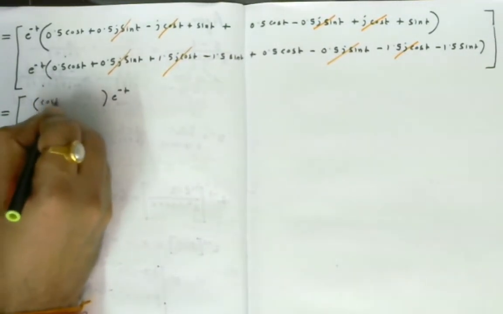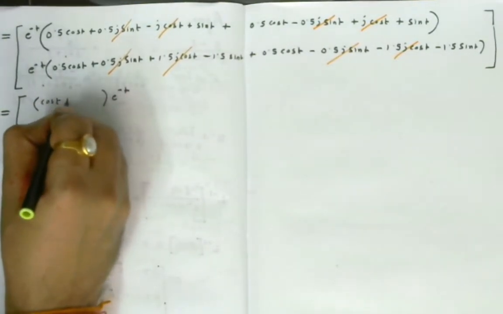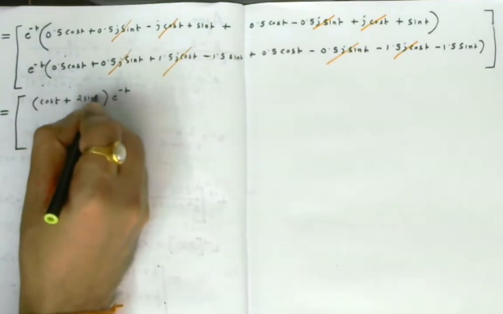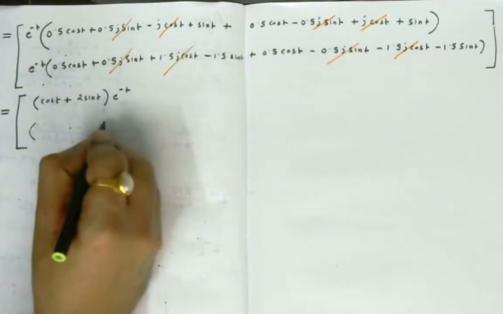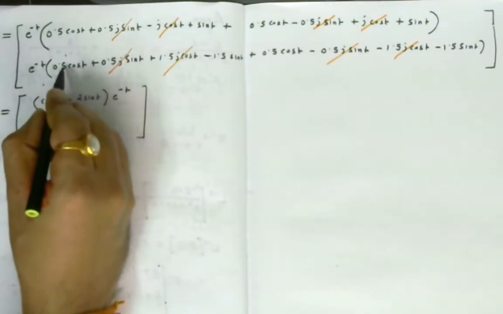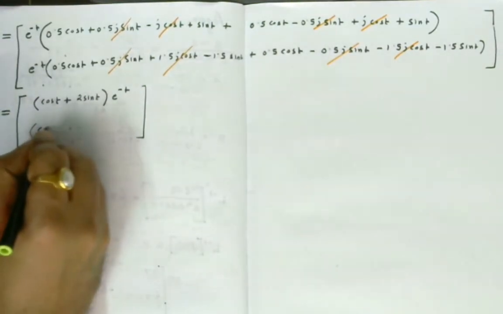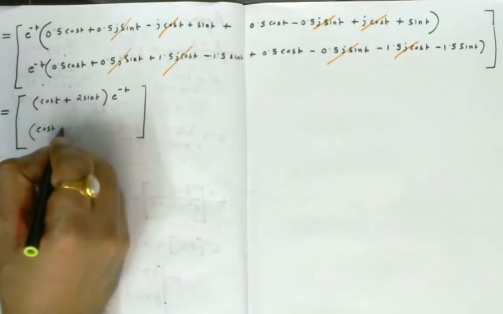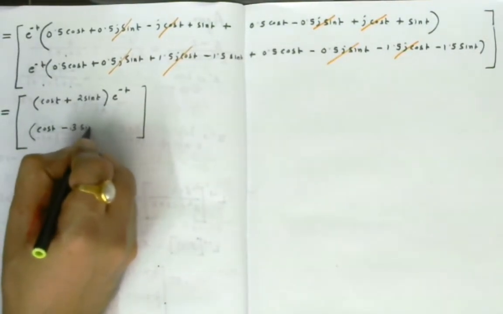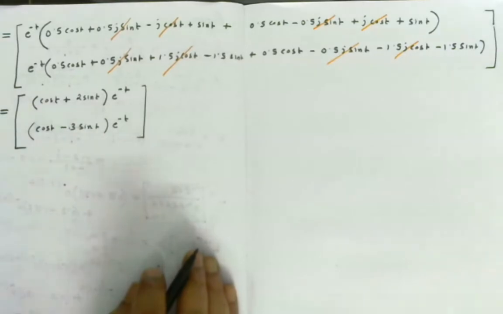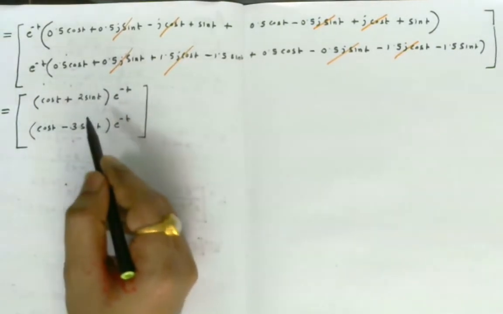So 0.5 cos t plus 0.5 cos t will be cos t, plus sin t plus sin t, 2 sin t. And below you have 0.5 cos t plus 0.5 cos t, and minus 1.5 sin t and minus 1.5 sin t, so minus 3 sin t. Now you don't have any j term,